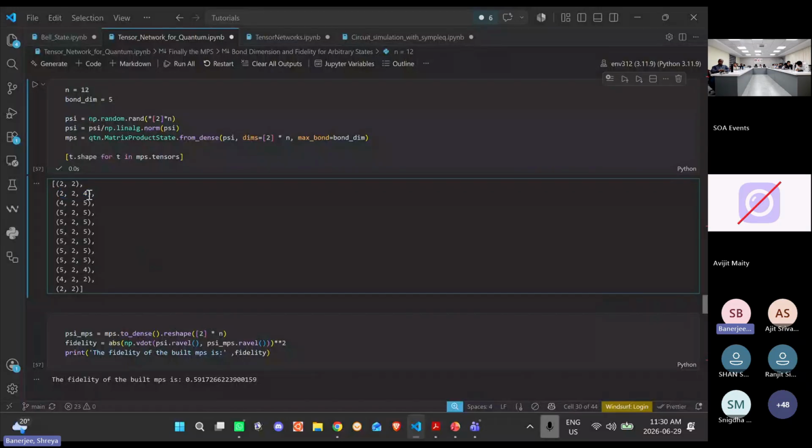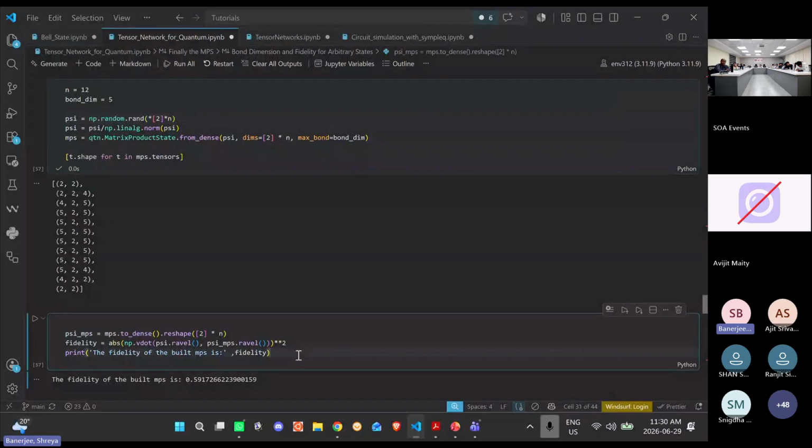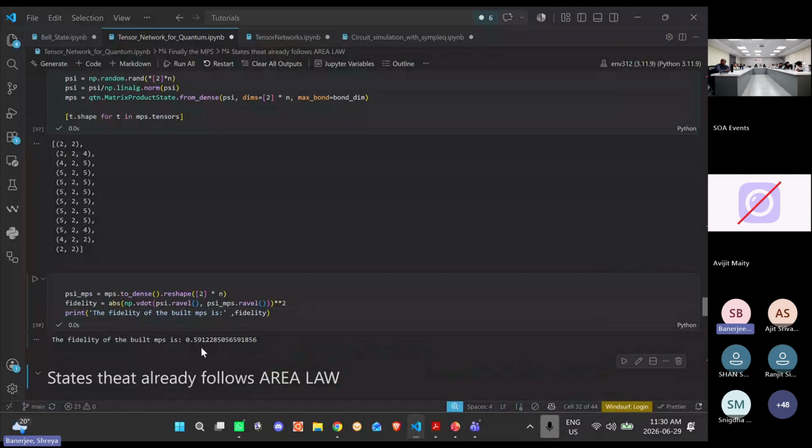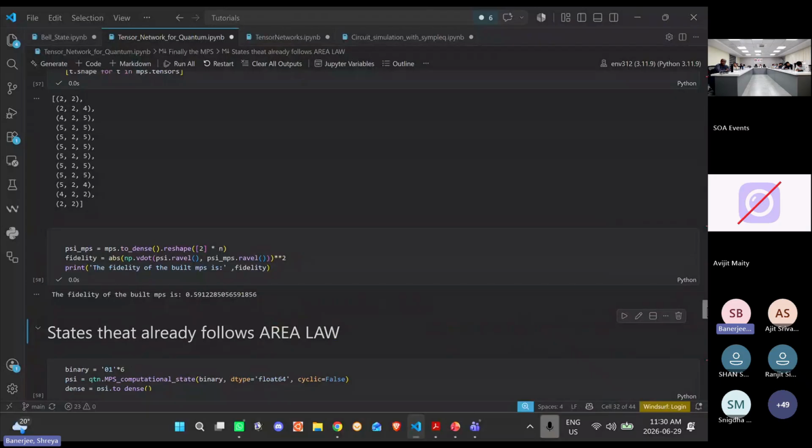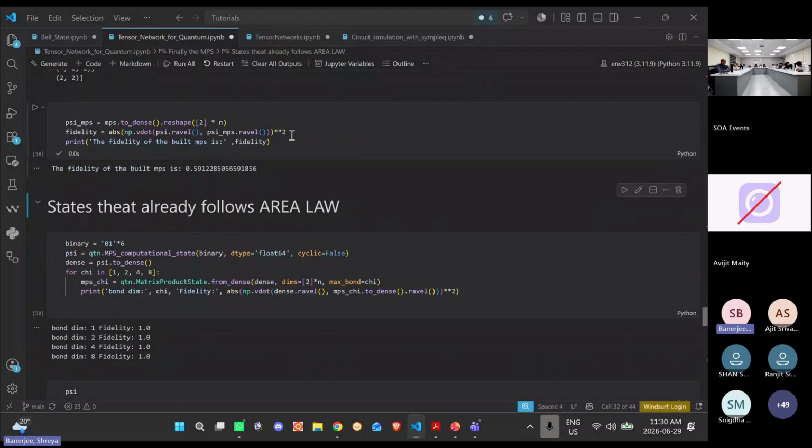Since I have taken a random array as a quantum state, this state is very entangled. So this will be a very low fidelity, and yes, in this case it's just 0.6 fidelity. So this is not a great approximation. But sometimes, for some states, you can get better approximations of 0.9, 0.91, 0.92, and those are usually